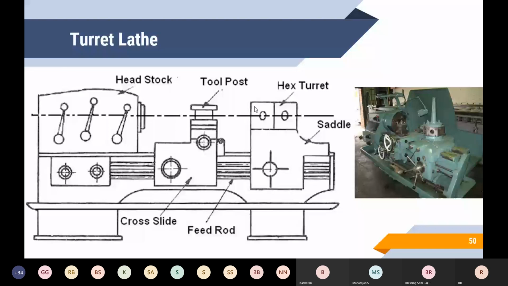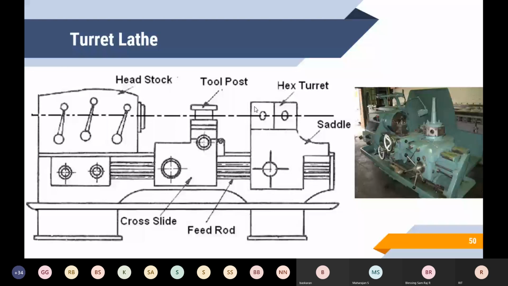Now the turret lathe is positive. But in the capstan lathe, the saddle is fixed at a convenient distance from the work only. It can't move towards the tool post. And there is excellent rigidity in the turret lathe, while there is somewhat low rigidity in the capstan. The tool travel is almost the full length of the bed in the turret lathe, but in the capstan it is limited to the tool length. In the turret lathe, we can operate up to 200 mm diameter of the job. In the capstan lathe, we can't go beyond 60 mm diameter of the job. These are all the differences.